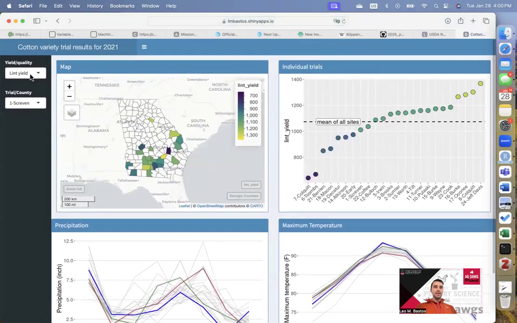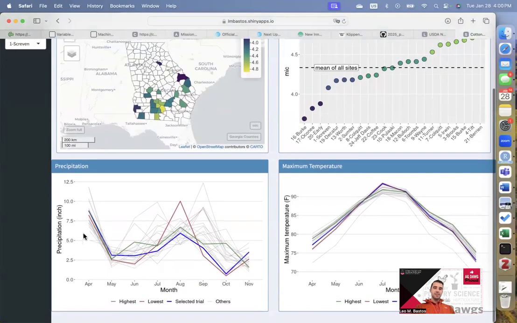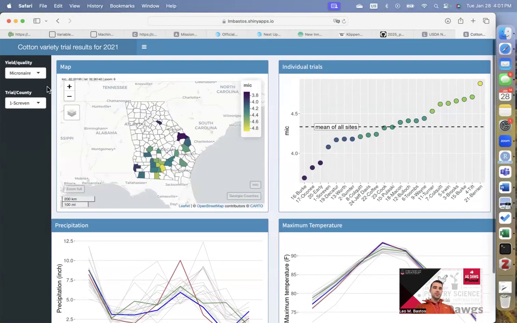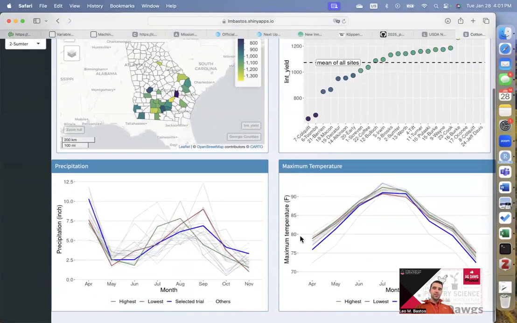So here we're looking at lint yield from 2021 data. I can look into different cotton quality parameters collected on those trials. We have a comparison of all the trials here from worst to best, and then precipitation and maximum temperature during the growing season for each one of the trials. So you can either select what variable you want to look into, which changes all the maps, or which county you want to focus on, which changes the